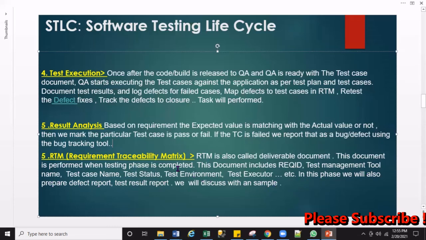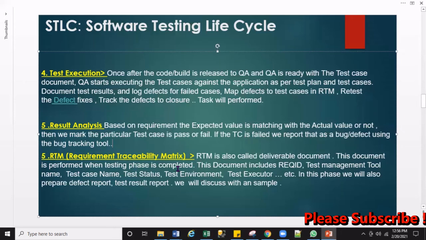Let's understand first. RTM is a document that is prepared by the test lead to make sure that all the test cases mentioned in the business requirement document or in our test plan document are executed successfully, and there are no defects and no problems.